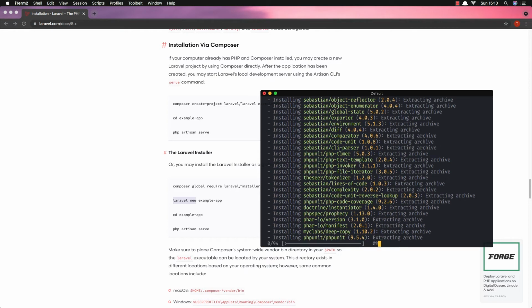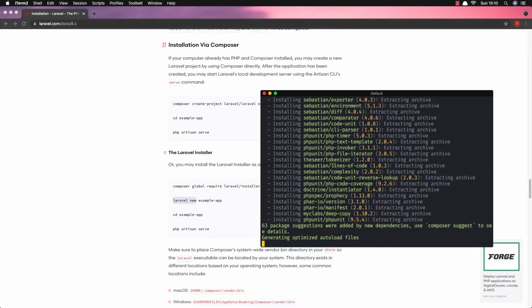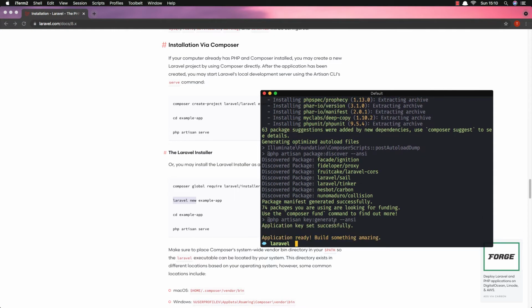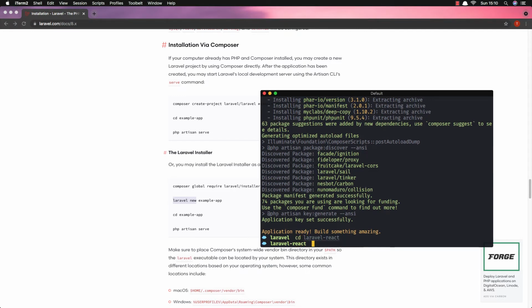Okay, and here it is. The application was created successfully and is ready. So now I cd into laravel-react,